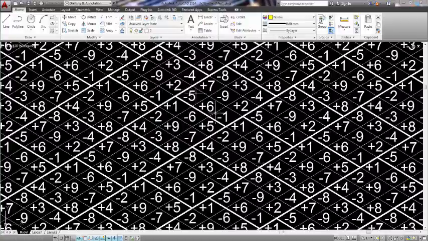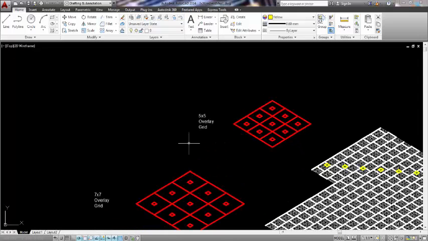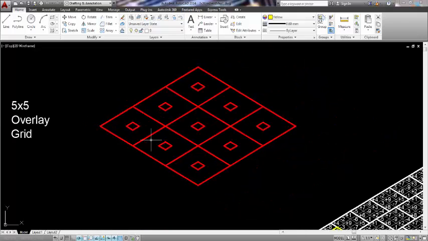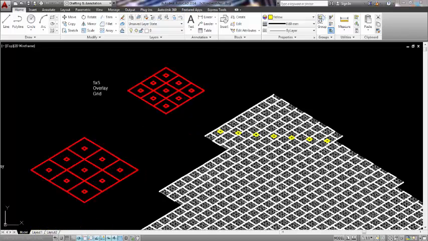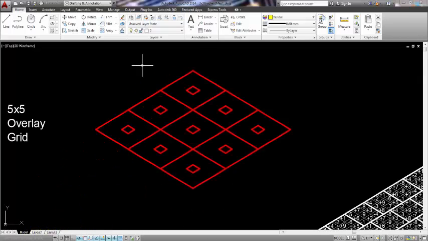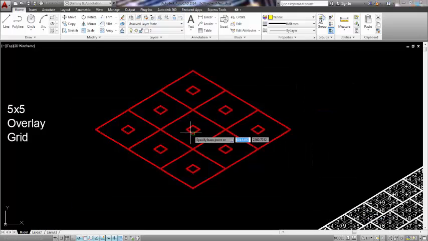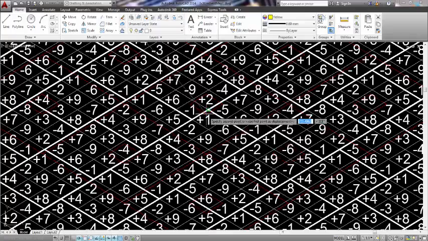This is mod 9. And then I've got overlays of the next fractal iteration up. This is where it gets a bit more complicated. You can move these over the surface, align the middle with the 9,